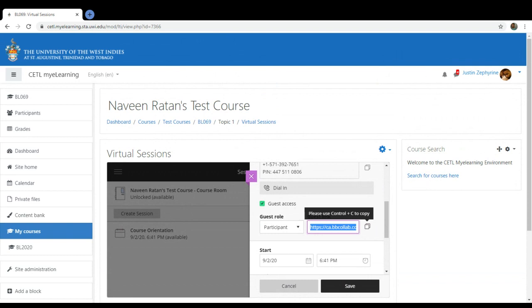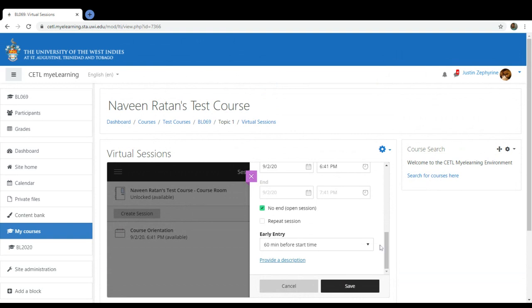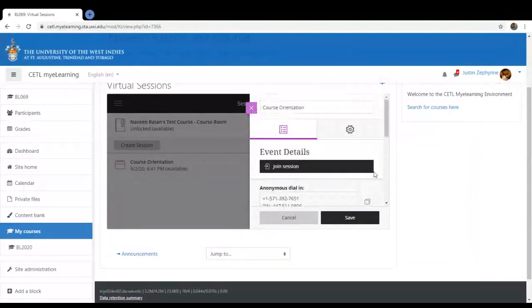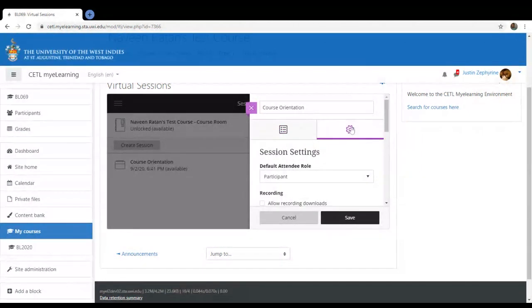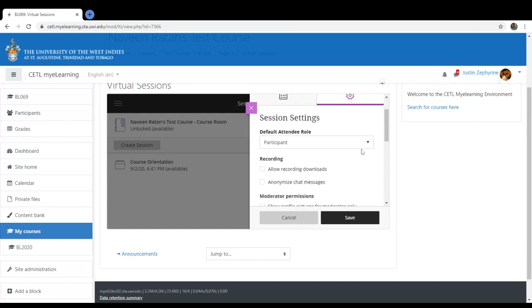Yeah? Great. So we have that, and then the next thing, once we do that, we want to go to the next tab, which will be this little gear icon, and we click session settings. All right, now once we click on session settings, it's basically some settings that you want to make sure you tweak.